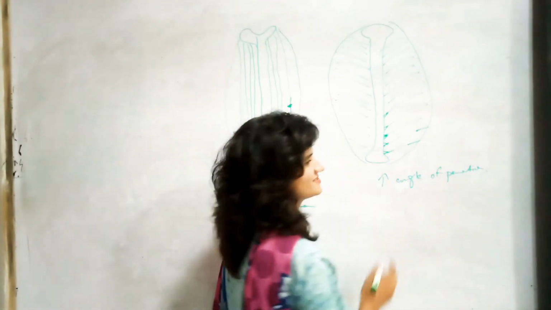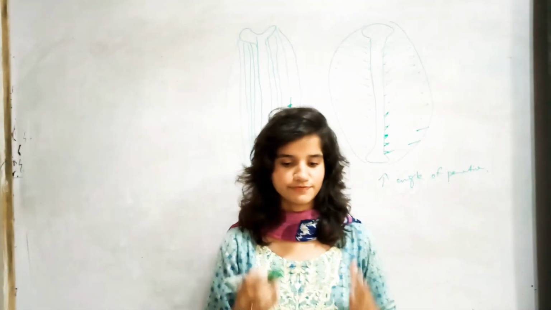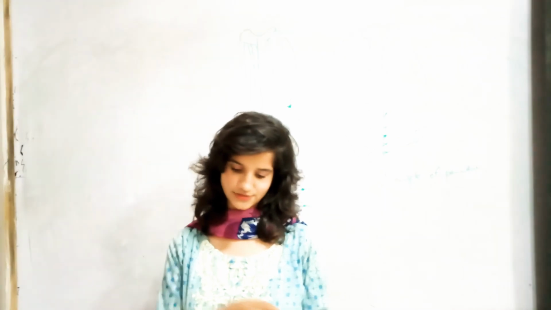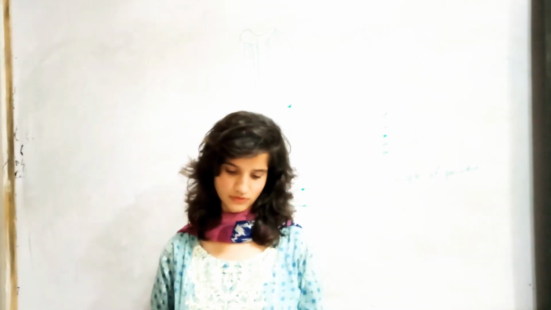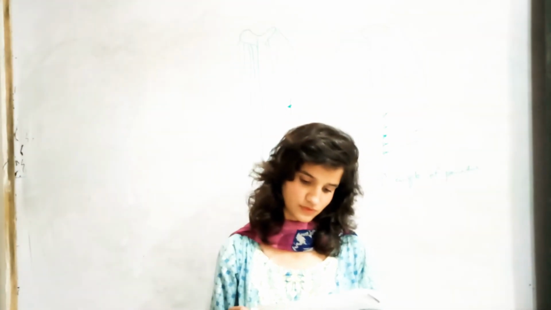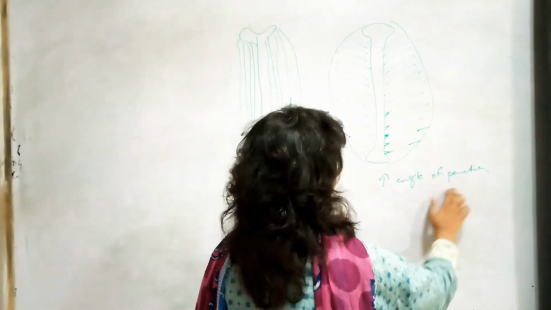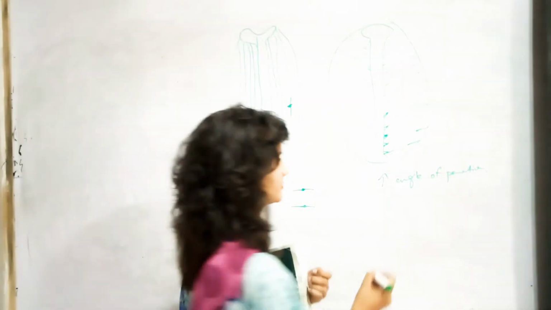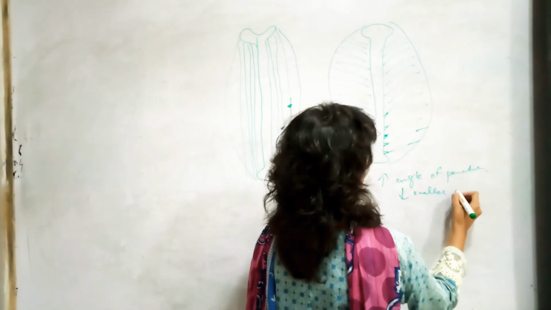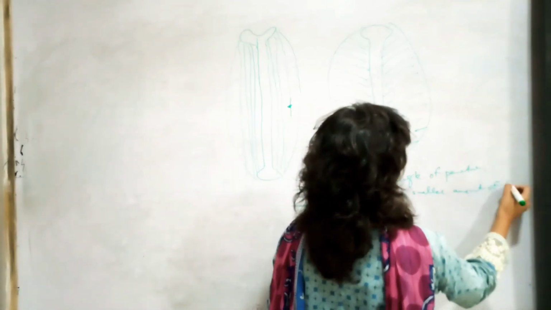Tension development increases the angle of pennation in them. Now the angle of pennation matters a lot and has a greater effect in these pinnate fibers. Let me tell you what effect it has. The angle of pennation has a very crucial role. The larger the angle, the smaller the amount of effective force actually transmitted to the tendon. As soon as the angle of pennation increases, a smaller amount of force is transmitted.